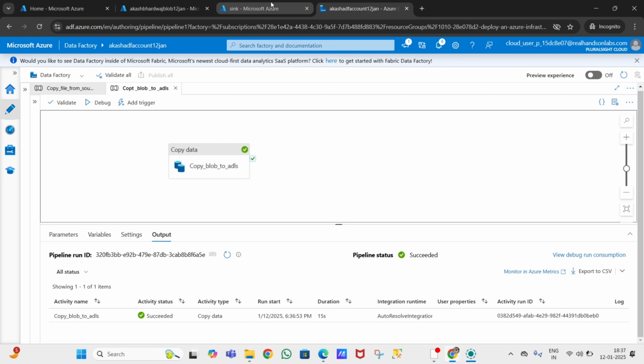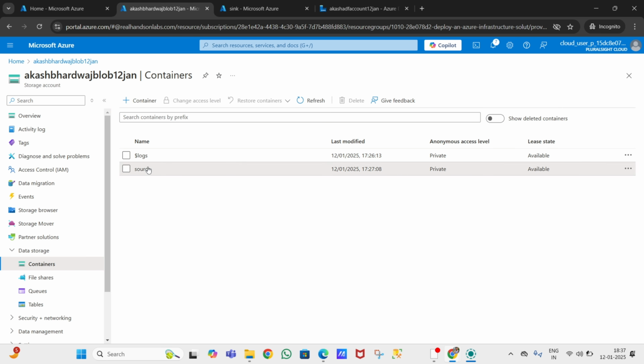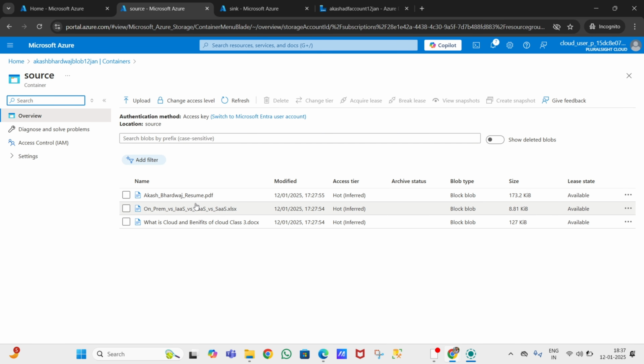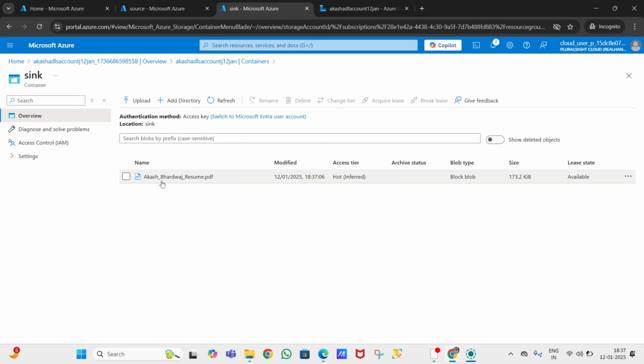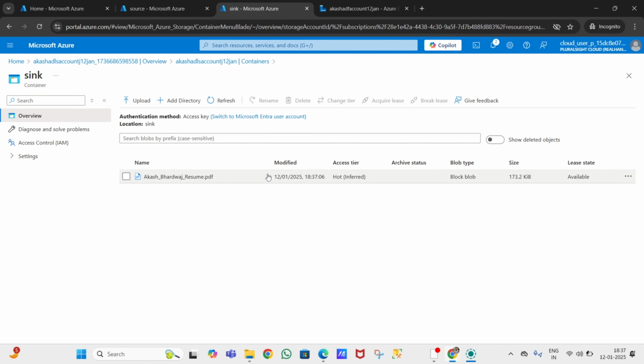Now we will click on the ADLS account and click on refresh. Here you will see my file has been copied successfully. Here it is the source. You can see this file was there, and I successfully copied this file from the blob storage into the sync container in ADLS.